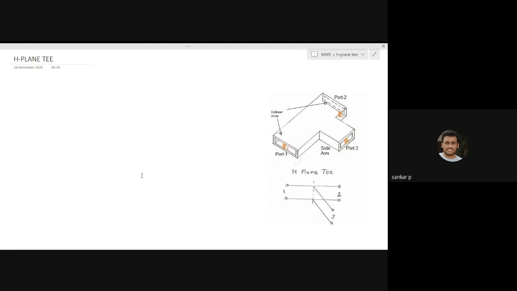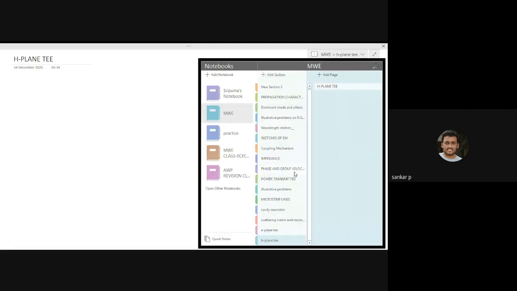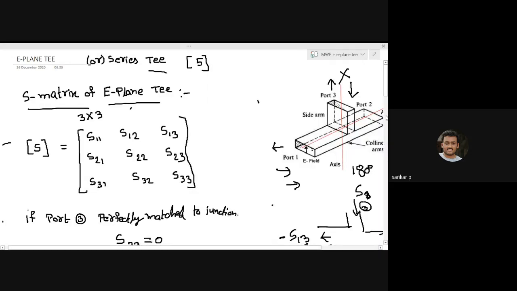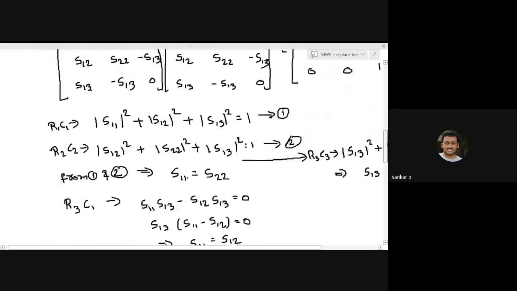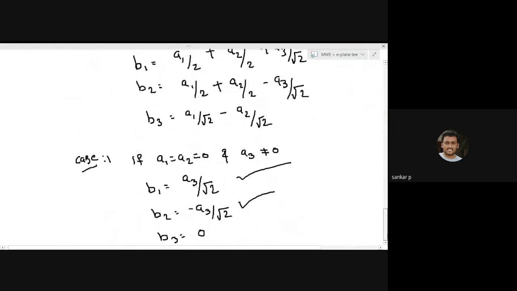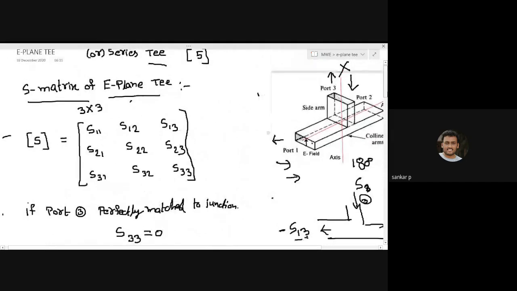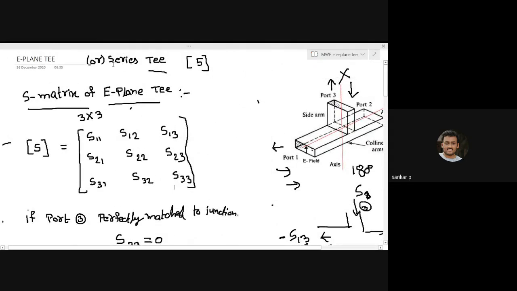You know that we are discussing unit 2, and in the last session we concentrated on the E-plane T. We discussed what a waveguide junction is, first of all the properties of the scattering matrix. After that, we discussed what a microwave junction is. After that, we concentrated on the E-plane T: what is the E-plane T, and what is the scattering matrix of the E-plane T? We studied the condition, whether that scattering matrix is right or wrong. We did some derivation here also. Now, you know that the E-plane T is also known as the series T.